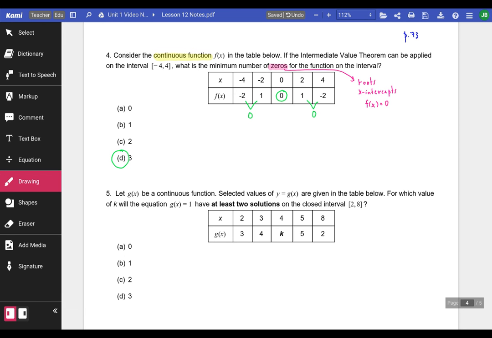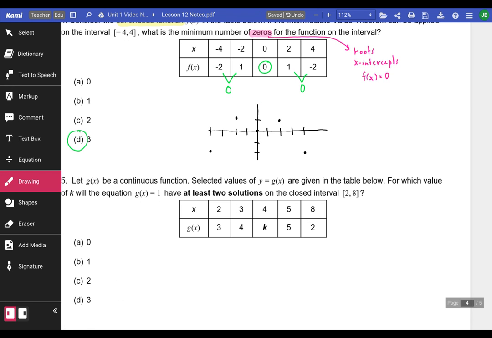Now, for those of us who are a little more visual, which tends to be me most of the time, another way we could approach this is just to sketch a quick graph. A lot of times, sketching a graph is going to be a great method to help us visualize what's going on. So I'm going to sketch out the points that I've given here. Down to -2 and 1. So I've got the point (-4, -2). I've got the point (-2, 1), (0, 0), (2, 1), and (4, -2). Now, I don't know exactly what this curve looks like, but it doesn't matter. Since it's continuous, I can sketch in